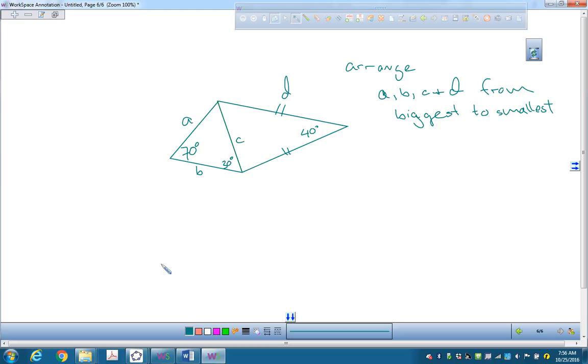Yes, green. I think I can do it. Okay. I think B is the biggest. B is the biggest? Yep. What? Is it? If that's 70, that's 30, then this would have to be 80. Oh, yeah. So B